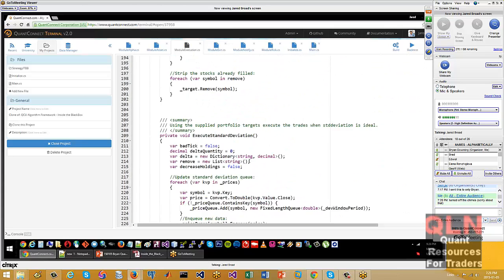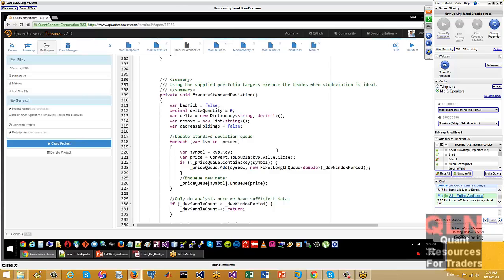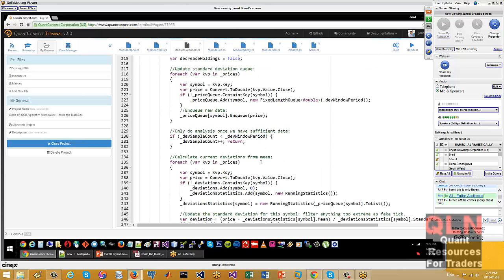And same for the standard deviation. You need to still do the reduction first, but if you're waiting, for example, if the command was saying that we want to go 100% long Apple, and we're already 100% long the S&P, we need to wait for the opportune time to exit the S&P before we can enter into Apple.